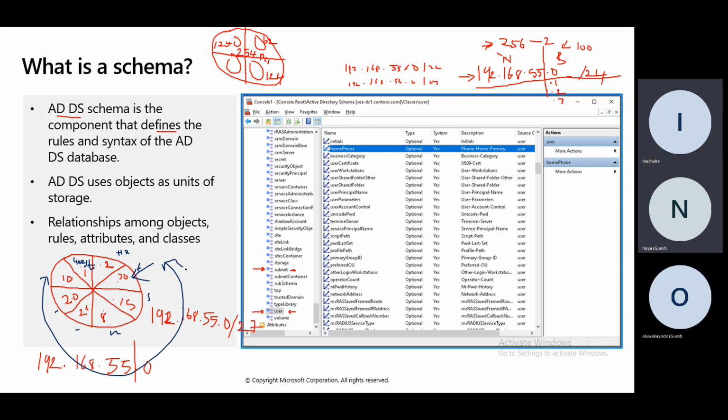So if you have 5 departments, it means 3 will be useless. Yes, of course, it will be useless because you are still growing. It's giving you room to grow. So maybe the following year, when you have another department, you will put it in that empty one. It's better than having 2 million users, using an IP that can contain 2 million. It doesn't make sense.